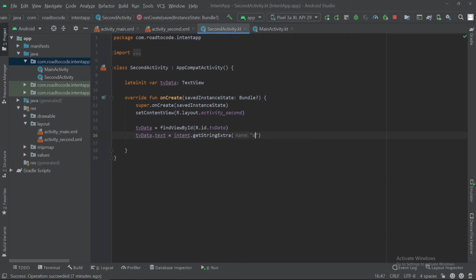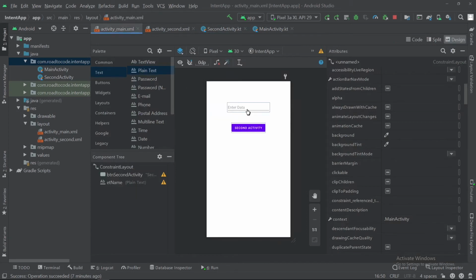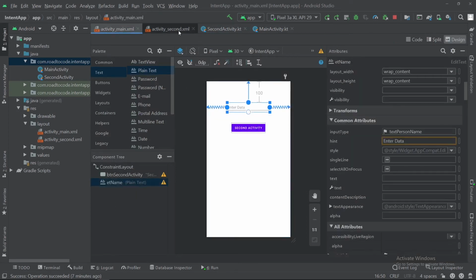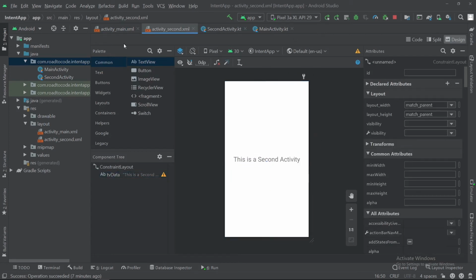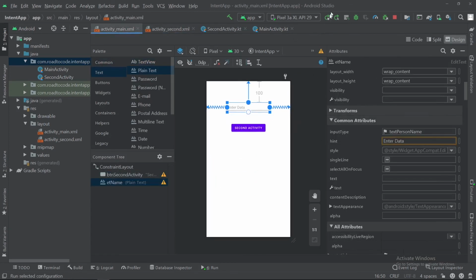And here we will pass the key of data, because we will fetch that data by using key, and whatever the input we will provide inside the text view, it will be visible here. Okay, let's run this application again.